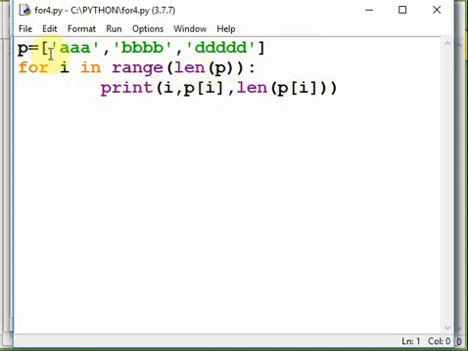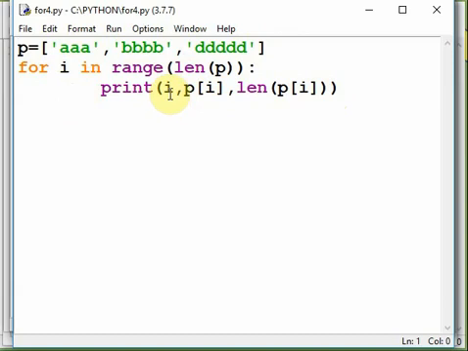Len of P is 3. So when you use range with a list, it will take the first string, then the second and then the third one. So it will iterate from the first data item to the last data item and print the appropriate value.